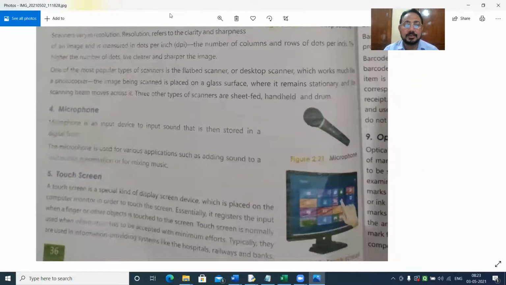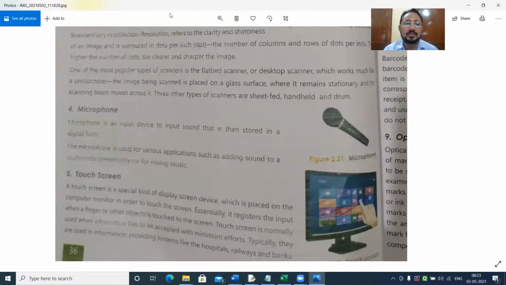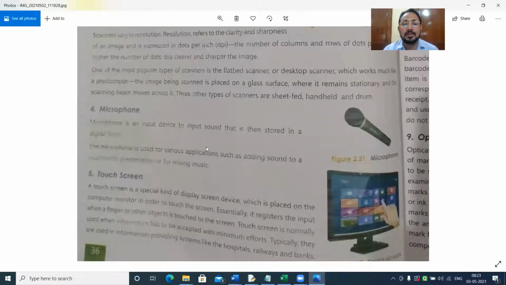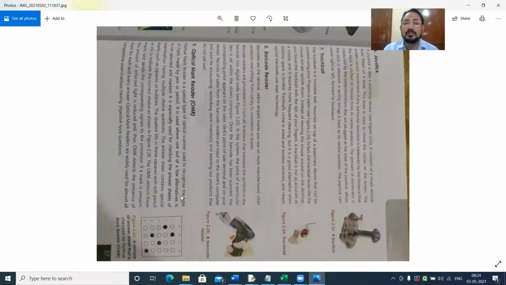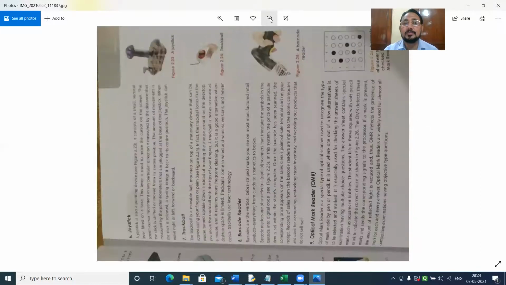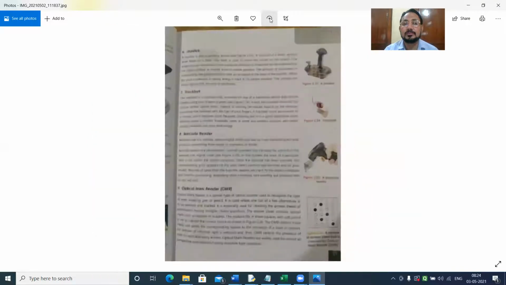Till touch screen. A touch screen is a special kind of display screen which is placed on the computer monitor. In order to touch the screen, essentially it registers the input when a finger or other object is touched to the screen. Touch screen is normally used when information has to be accepted with minimal efforts. This I have explained. Now I'll come to the next point. The next definition here is